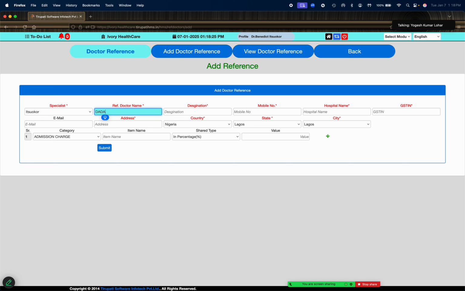Okay, PH pharmacy. Okay, mobile number. Fine. Okay. 08123 like this. This is the tax ID.